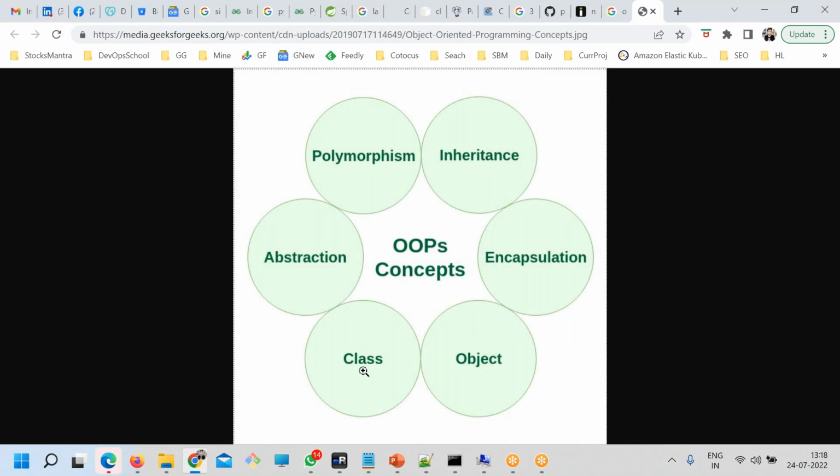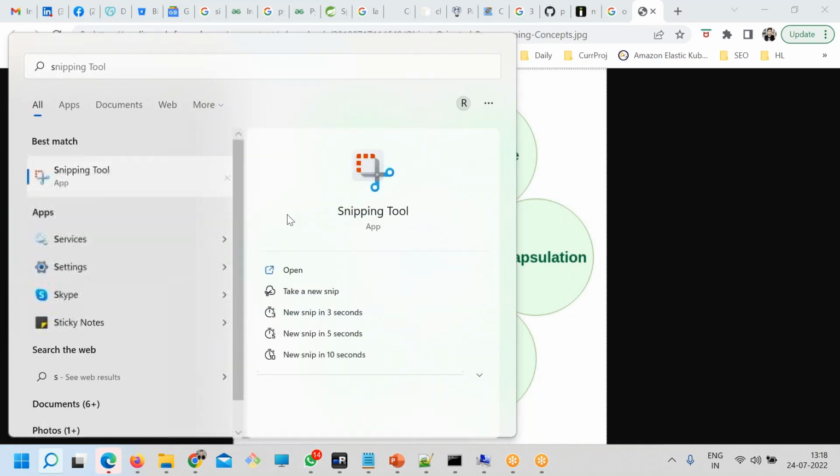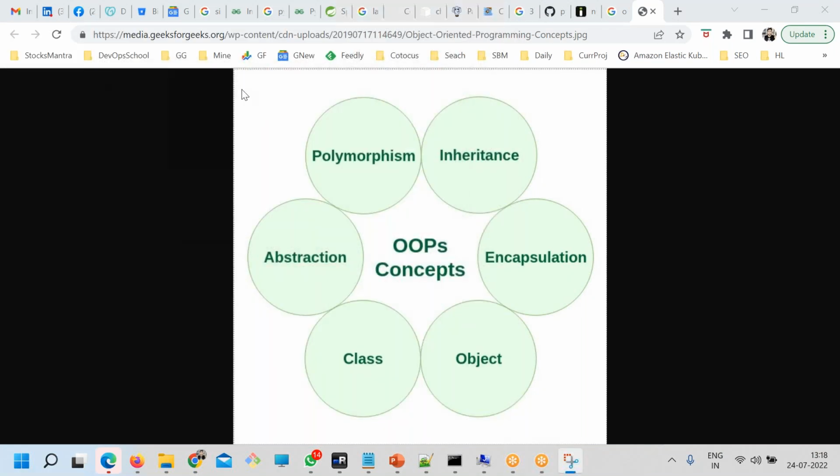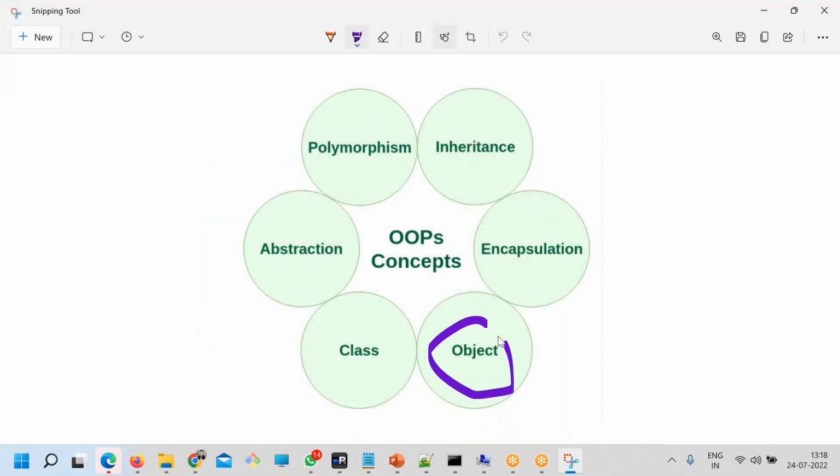You need to decide first: what are the classes you will have in your project? And from the class you will get an object. How many objects can you create? Unlimited. When will the object be created? When you run the software. When you run the class, it will create an object.